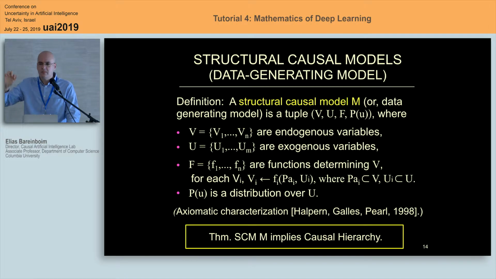Okay, maybe more than half. There's something called the ladder of causation, which we usually call the causal hierarchy. Once you have a well-specified SCM, this will induce a hierarchy of different distributions. Let me show you the distributions that will play a key role in our understanding of CRL,